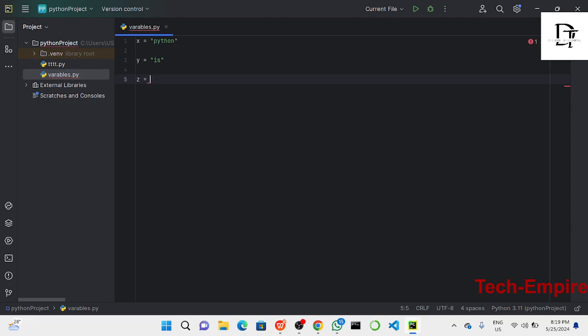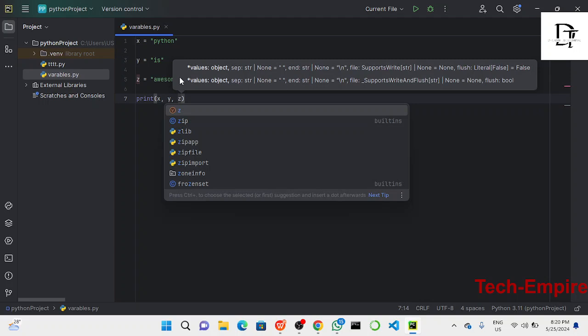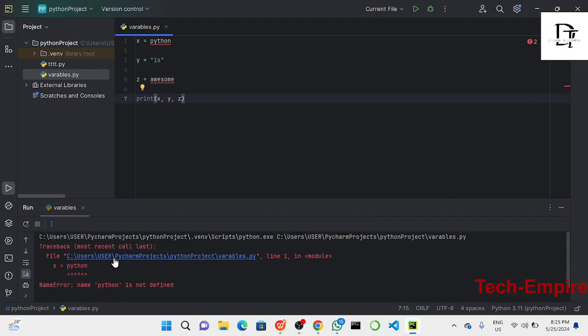We want to print the X, Y, Z. And don't forget the shortcut to run. You can see it changed immediately; that is not going to work. See the error. It throws back a lot of errors. It says traceback, most recent call. Python, it says there is nothing like Python. All these alphabets you typed are nonsense. So change them. That's why it's throwing that error.